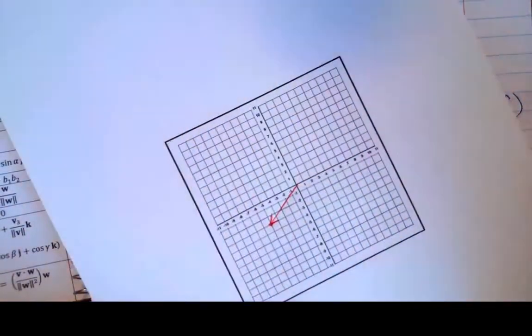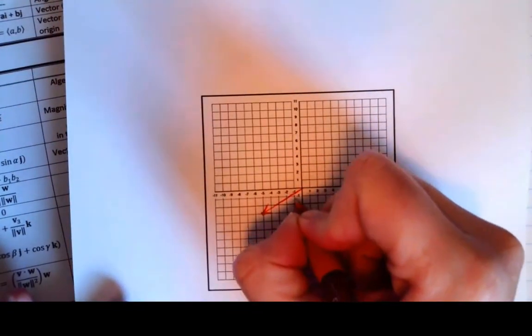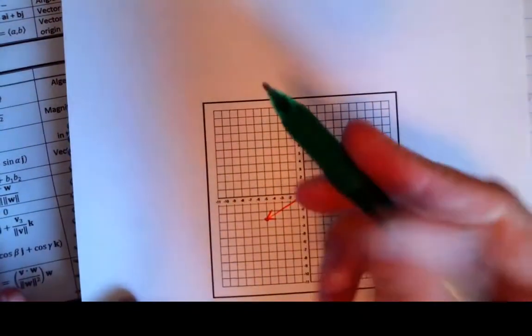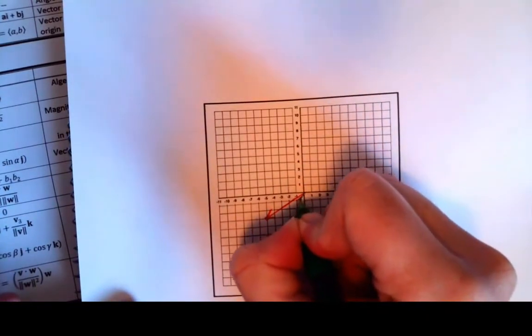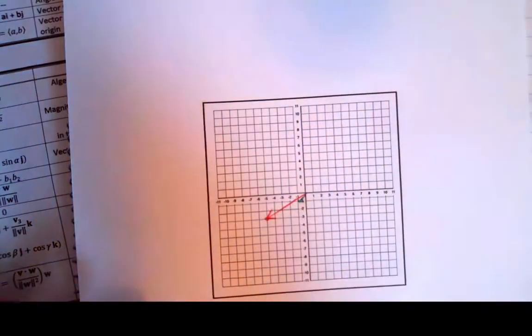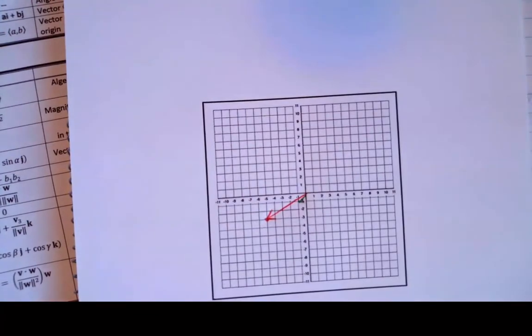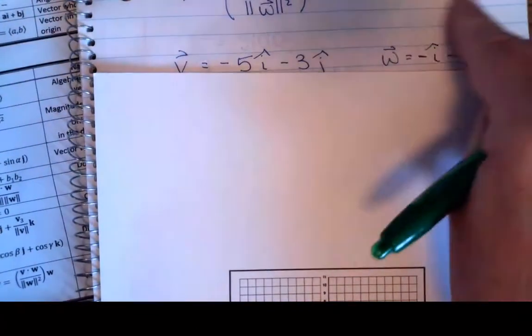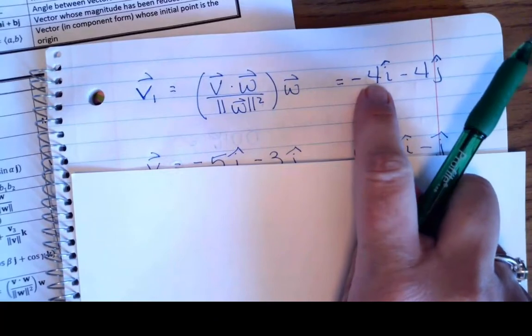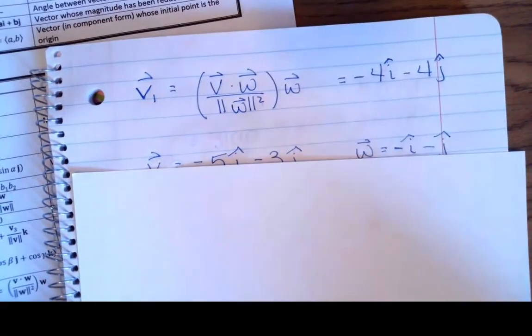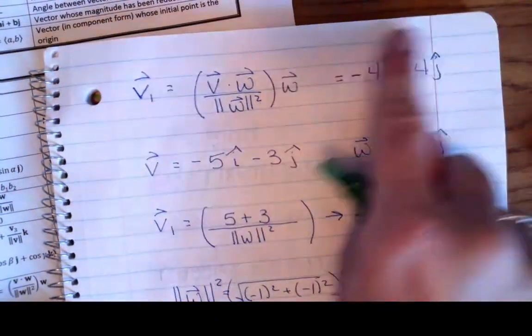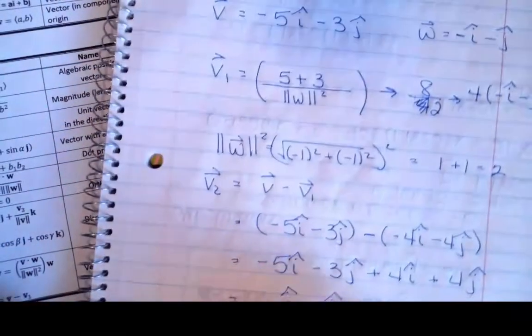Okay, and now I want to go ahead and plot vector w. So vector w is negative 1, negative 1. So vector w is just going to be right here. And what I found is a vector that's going to be orthogonal to it. I found two vectors. One of them is going to be orthogonal to my original vector, and the other one's going to be parallel